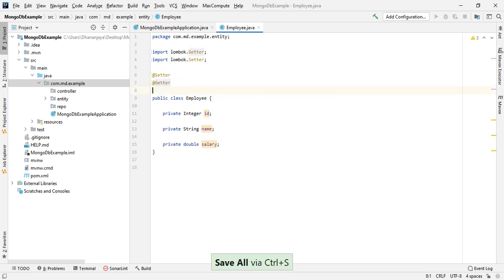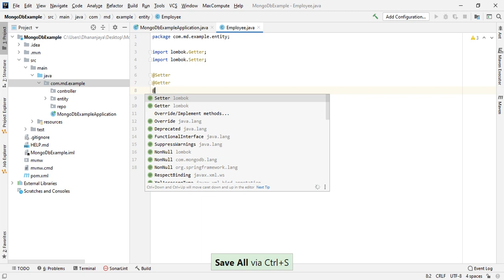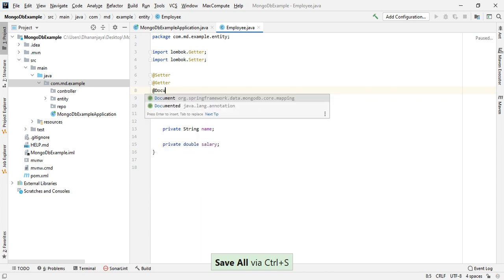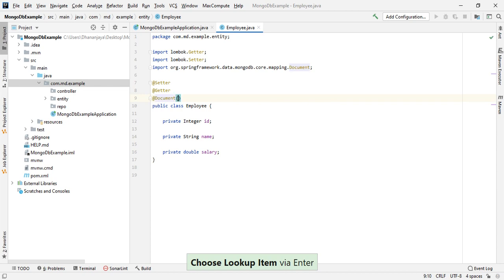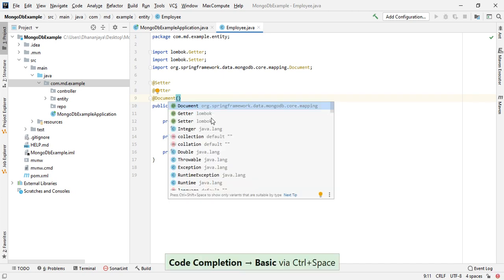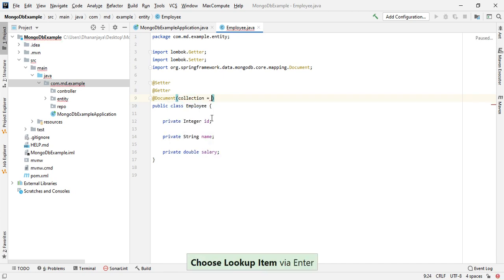Okay, we need to annotate this with @Document, because we are using a NoSQL database. If you see here, the Document is coming from the MongoDB library. Here we need to give the collection name as employee.